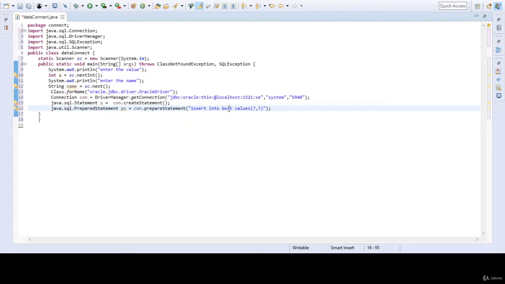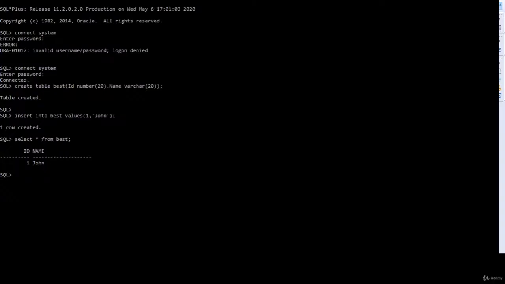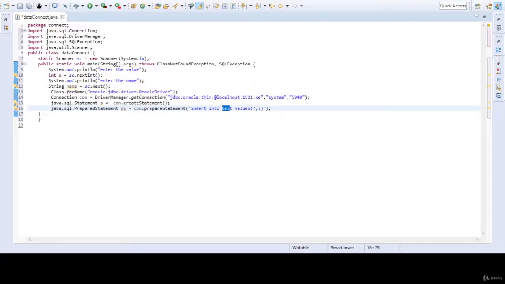Insert into the table values. As you can see here, in the SQL table we created, insert into the table values, one, John. Here it is the same for this programming. We have insert into, this is just an executable statement that makes it execute in SQL.